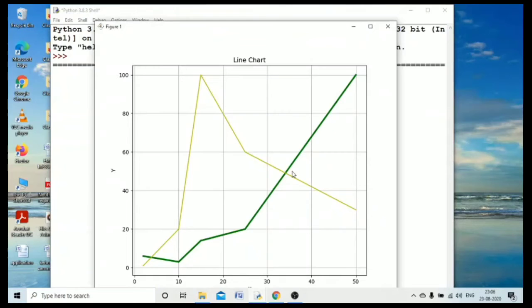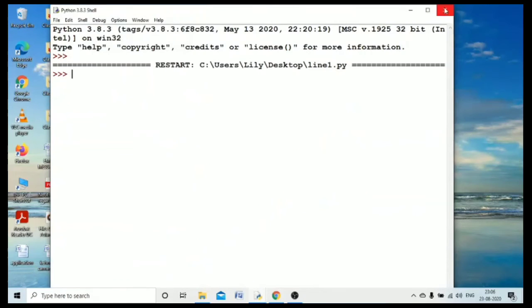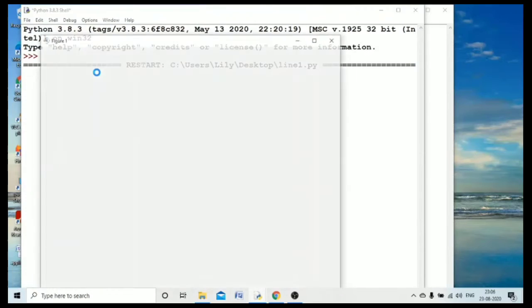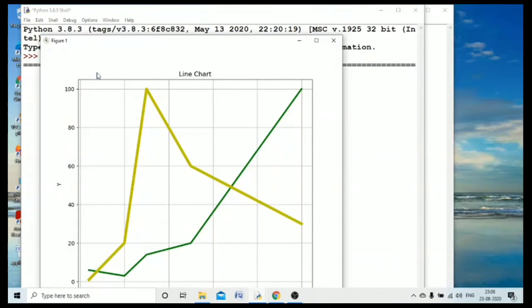So now it's showing that the green line which I plotted earlier is a bit thicker than that of the yellow one. So now let me change the width of the second one also, and I will give the argument linewidth equal to some value, suppose 5. Okay, now run the program, and you can see it is much thicker than the previous line. So this is how you can change the line width.